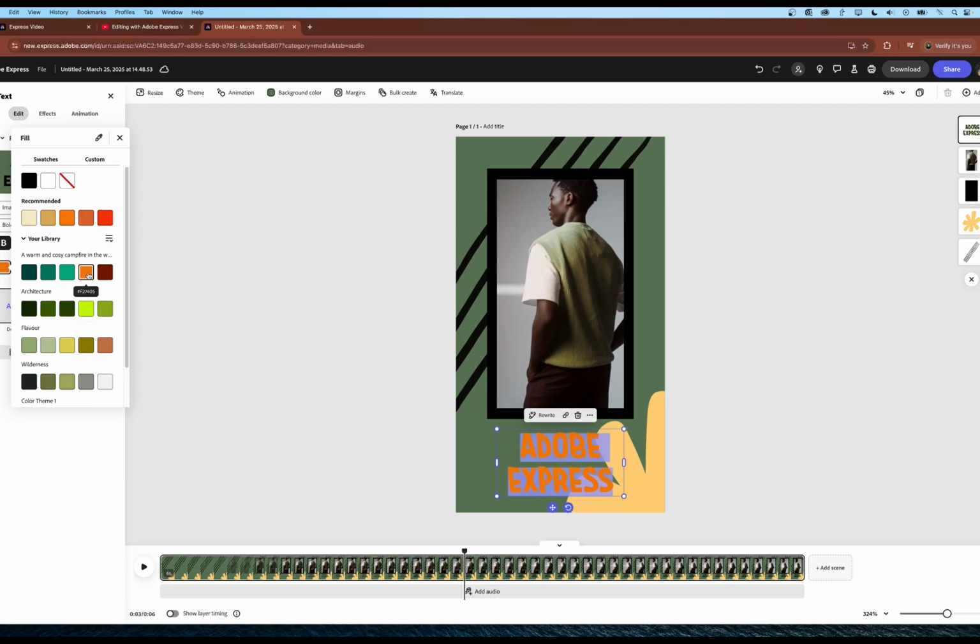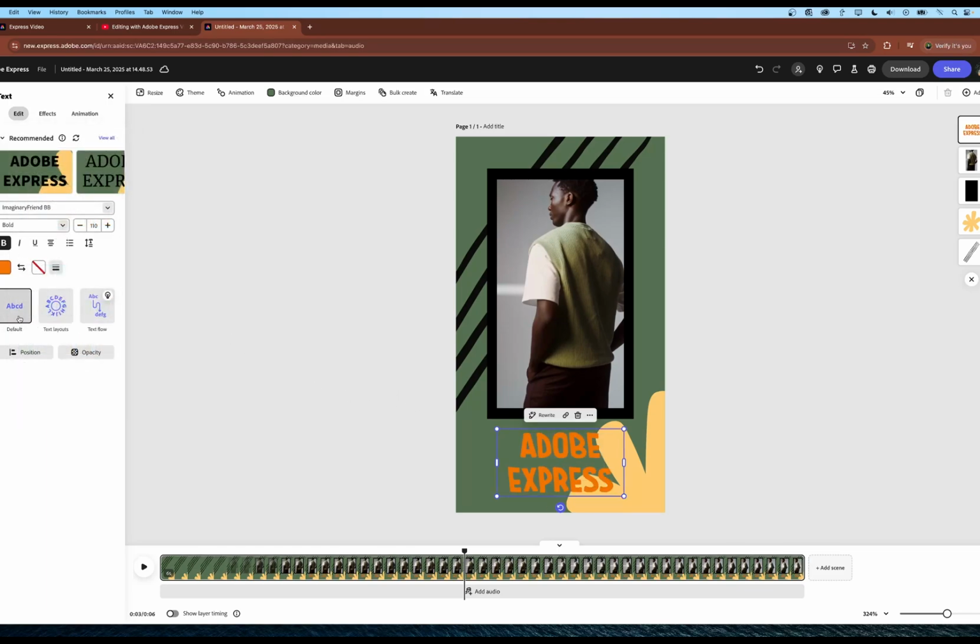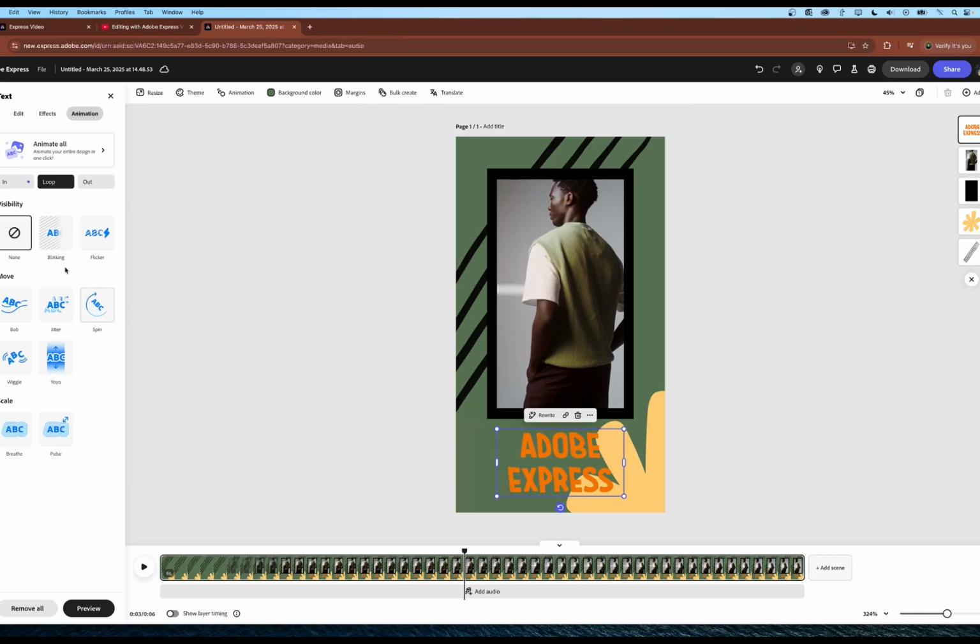That might be a little hard to see. Let's choose orange. And I can make adjustments to its layout, its position, and even its opacity. Now this text has already been animated, whereas before I would have had to do something like this in After Effects. Adobe Express gives me an animation tab that allows me to animate any element of this image quickly and